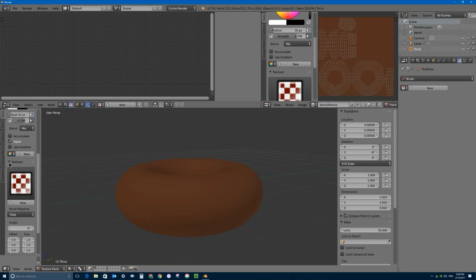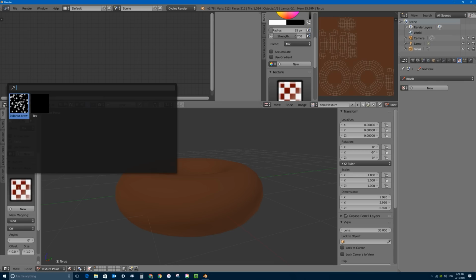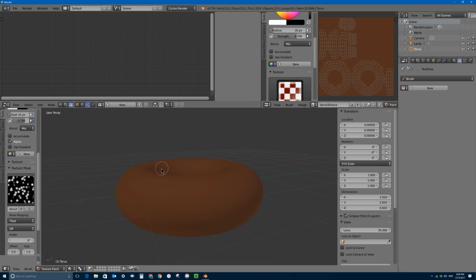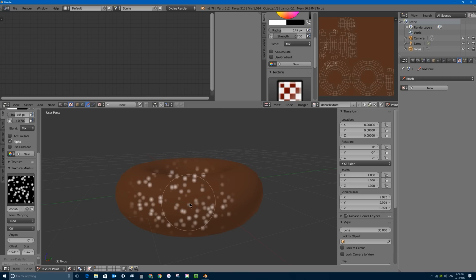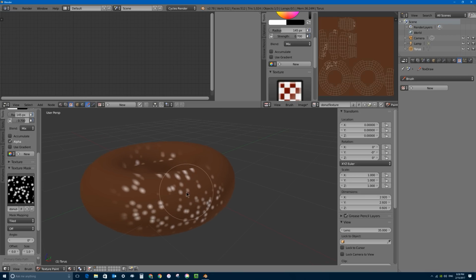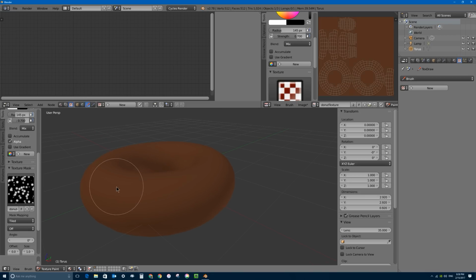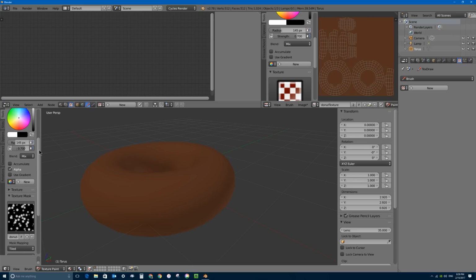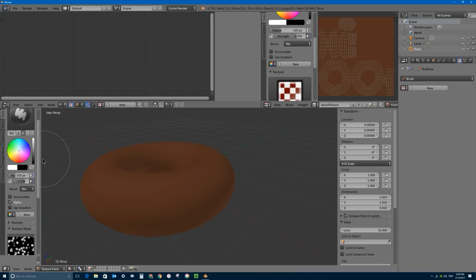Instead, I'm going to use that same brush as a texture mask, so I can click in this area and choose one of my existing brushes. I'll choose this one, of course. And so now if I paint, I'll press F to make my brush bigger, and you can see what it's doing, but instead of painting with this white color, I'll press Ctrl Z. I'm going to paint with a color of my own choice, and that's why I'm using a brush mask, or